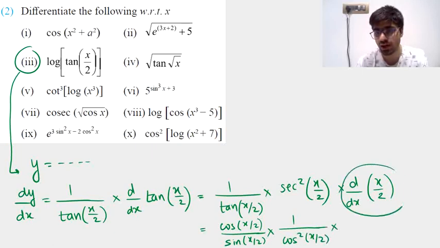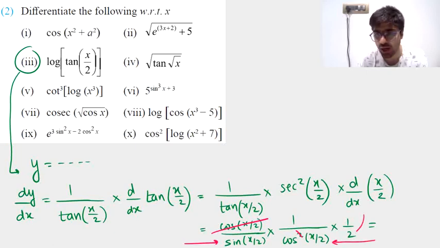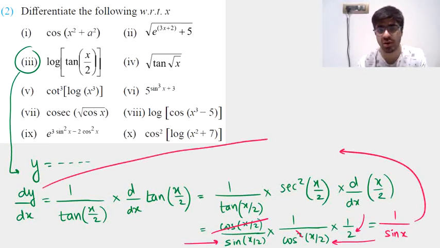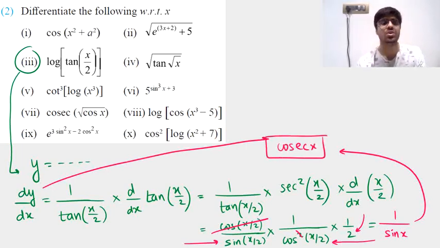And then into, we had a 1 by 2 from here because the derivative of x was anyway 1. Now cos x by 2 gets cancelled up and down. So there's one cos x by 2 getting cancelled here and the other one here. Sin x by 2, cos x by 2 and 2 is what we have in the denominator. 2 sin x by 2 cos x by 2, that is sin x, and in the denominator we have sin x. So 1 upon sin x, and the final expression for dy by dx is cosec x. Yeah, so cosec x is the final expression for dy by dx for the third question.